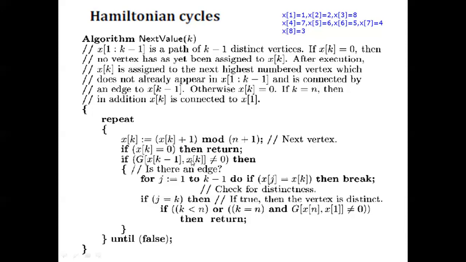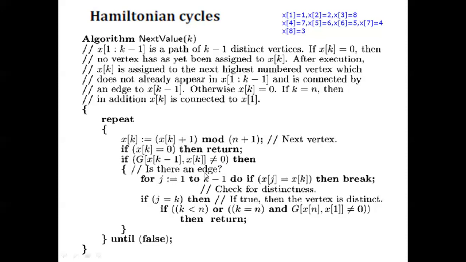Next, what is this condition checking? While seeing, you can understand x of k minus 1 and x of k. K and k minus 1: this value and its previous value. 1, 2 and 1 like that. That means from 2 to 1, is there a path or not? That means, neighbor, is there a path or not? Only if there is a path can we move, right? That is what it is checking here using this particular line. The two vertices are there, is there a path or not. That is the checking, and it is written here.